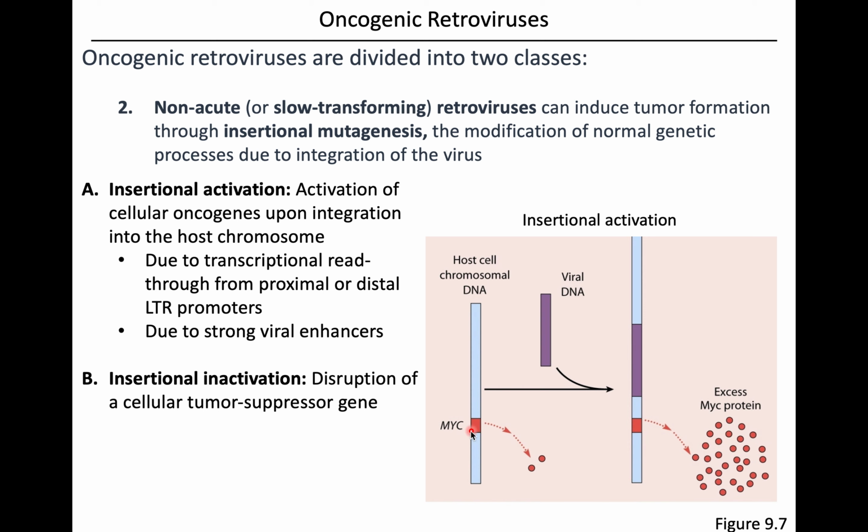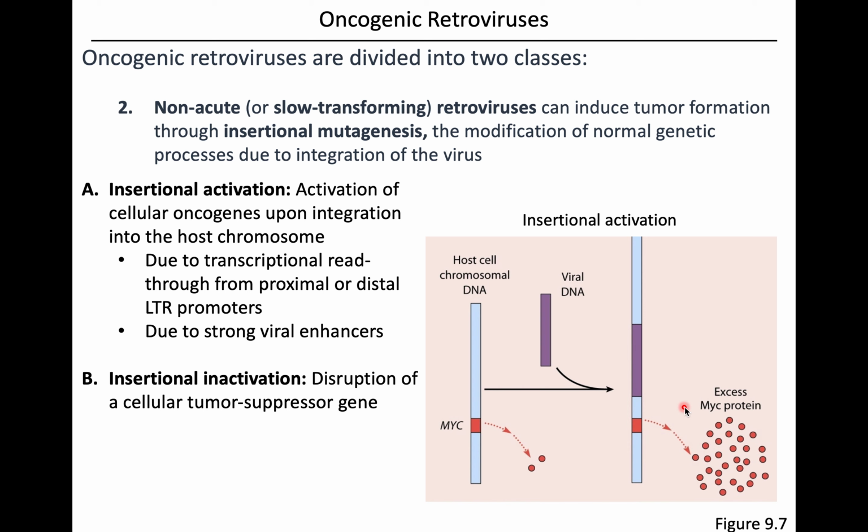So for example, the MYC gene that's normally expressed at a relatively small amount gets overexpressed, right? Its transcription gets ramped way up. And so now we're making too much of this proto-oncogene that helps promote cell division,